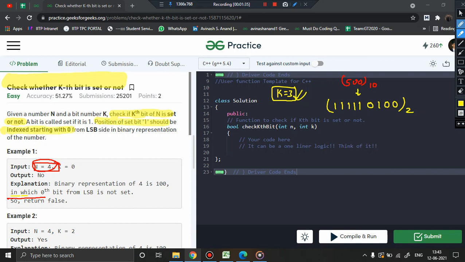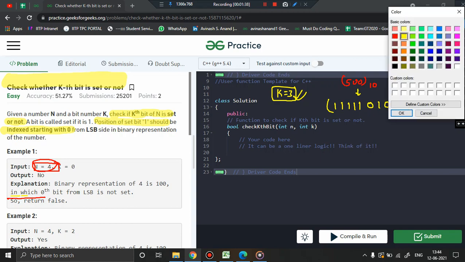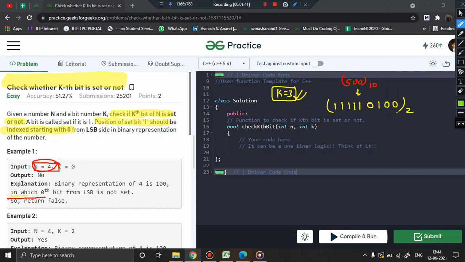So you can see the indexing is starting from 0. So this is the 0th bit, the first bit, second bit, third bit, 4, 5, 6, 7 and 8, right? Now since k is equal to 3, I have to focus on index 3. I have to check that this bit is set or not, right?